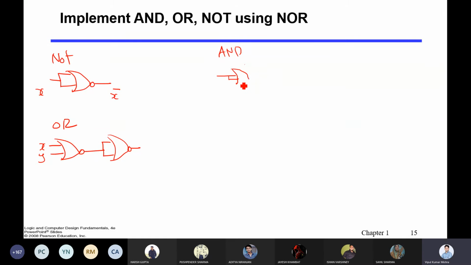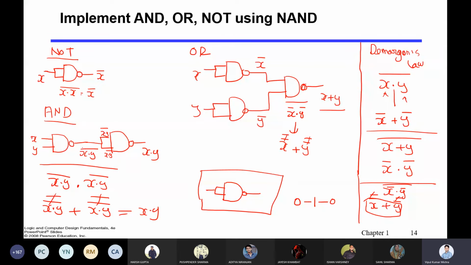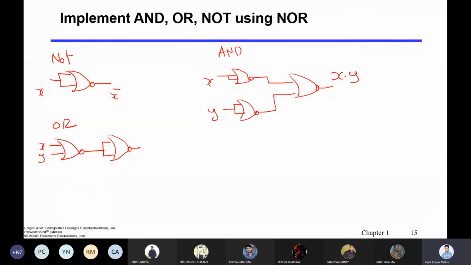So x will go here, then y will go here, and these two will go inside the NOR, and you will get x dot y here. Now this Boolean algebra you can solve similarly as we have solved here. You can solve at your end as well. You will be able to implement NOT, OR, and AND using NOR gate as well.